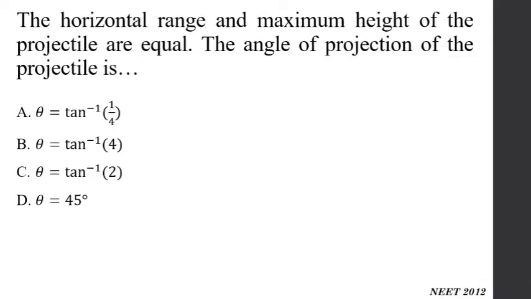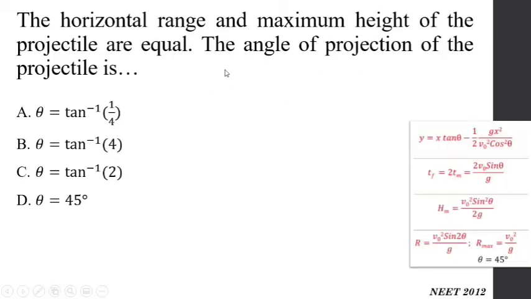Next problem. The horizontal range and maximum height of the projectile are equal. The angle of the projection of the projectile is. That means the maximum height and the horizontal range are given to be equal. That means we can directly equate these two formulae, that maximum height must be equal to range. So by equating these two formulae, we can write